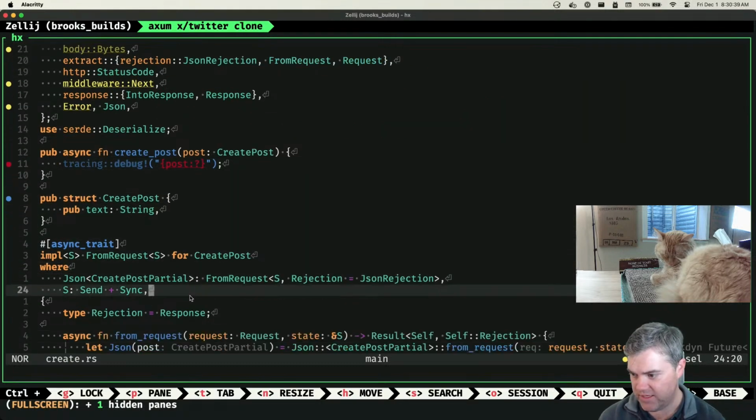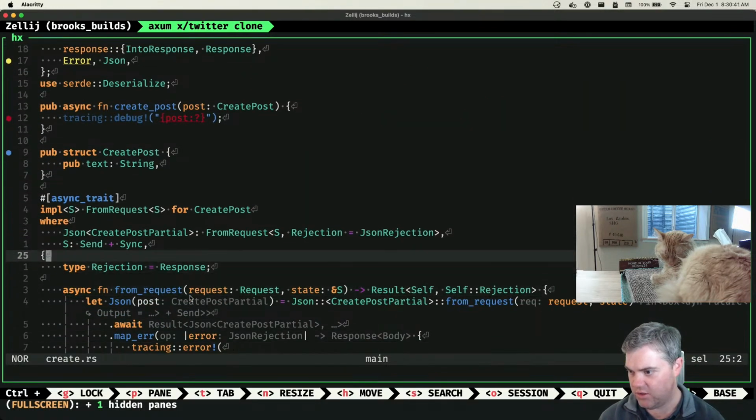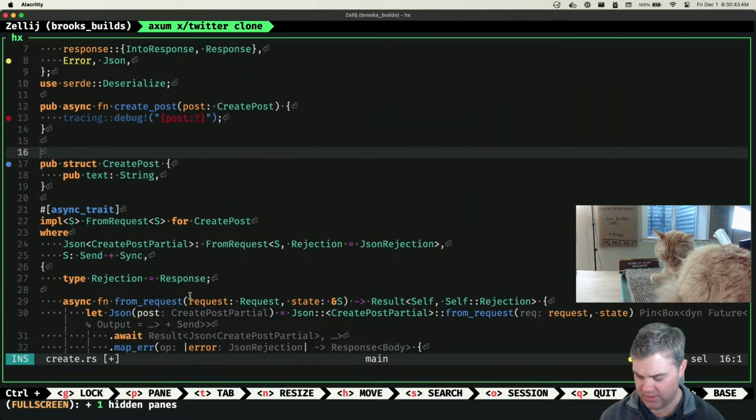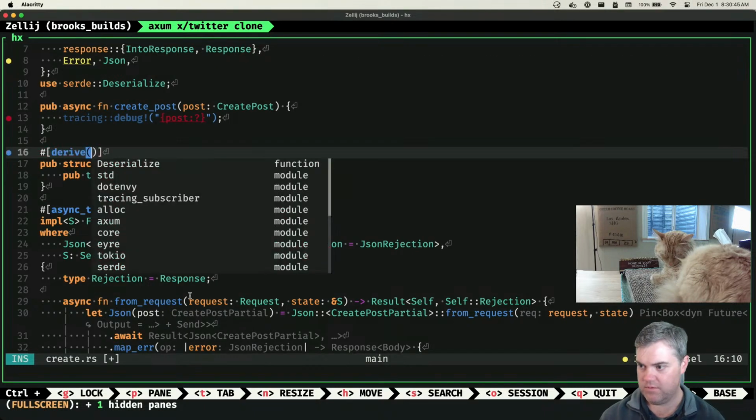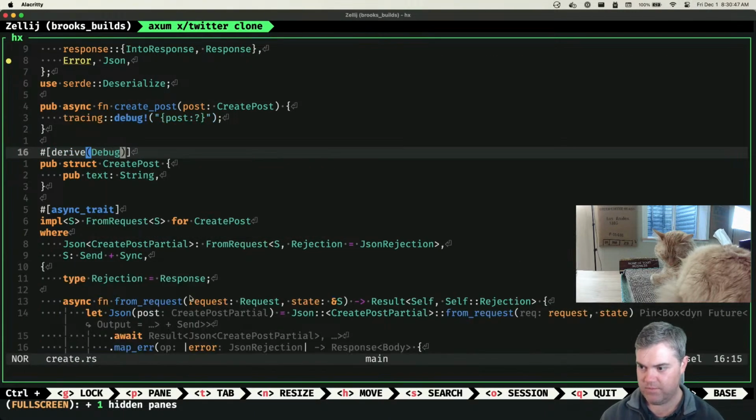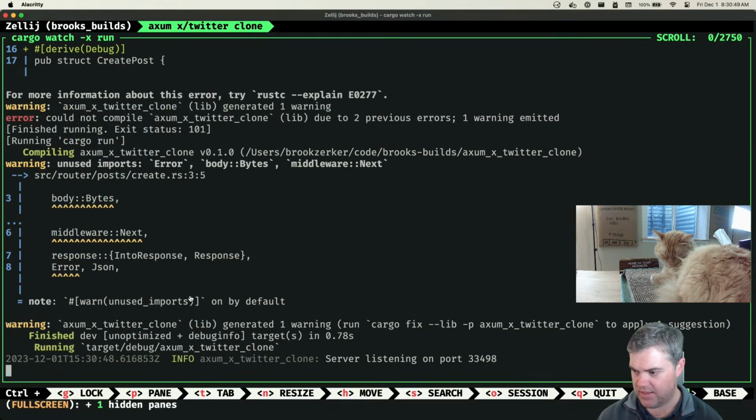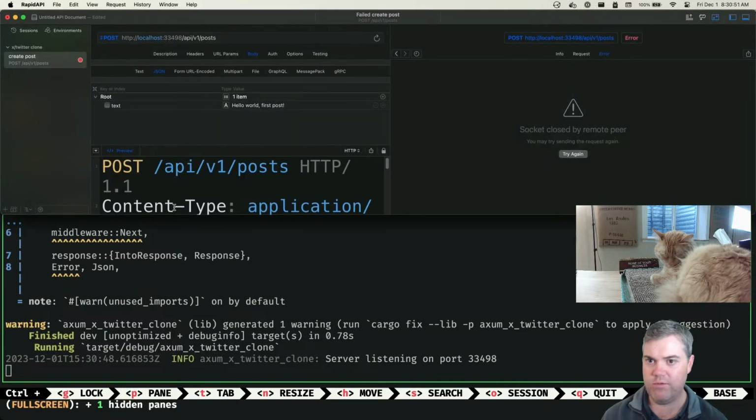Oh, you don't implement. Yeah, you need to implement. So this one needs to implement debug. Okay. And now when we run you,